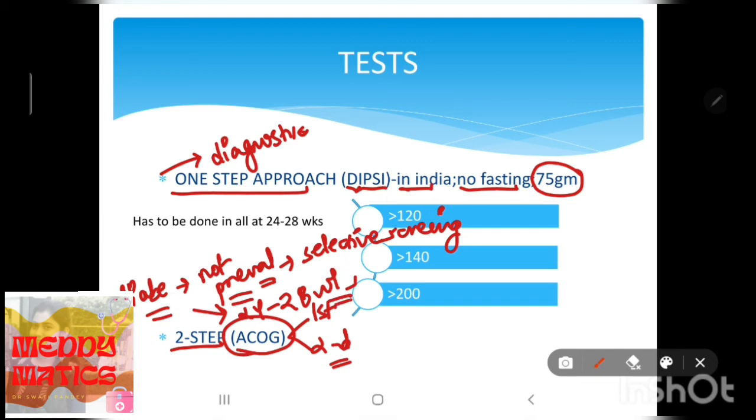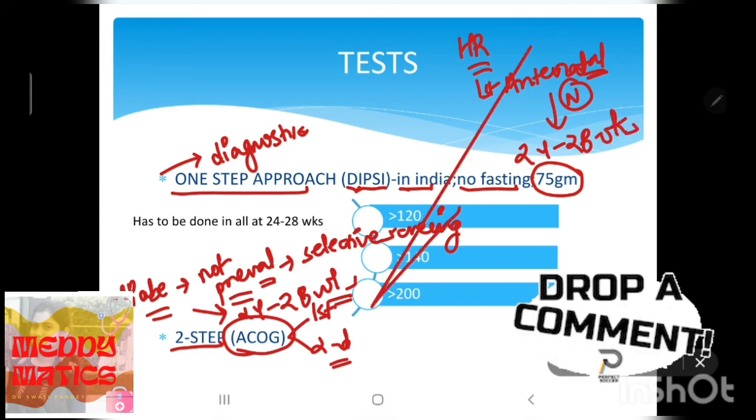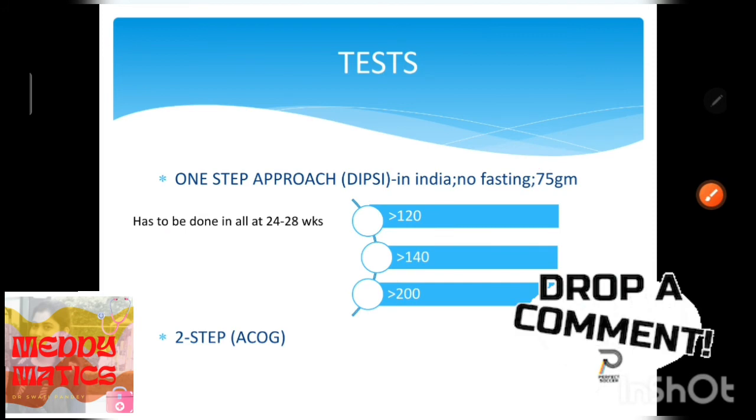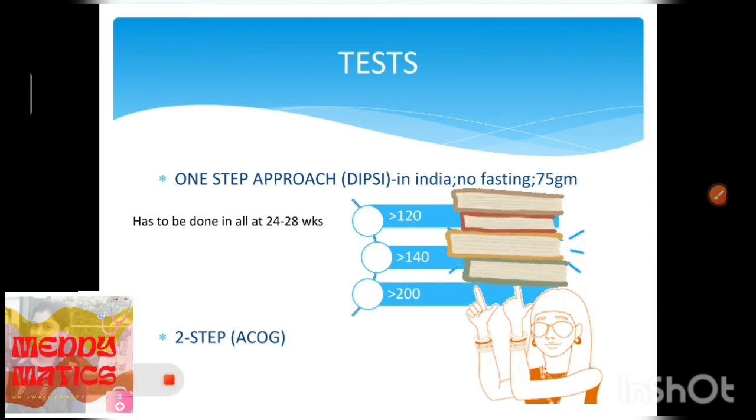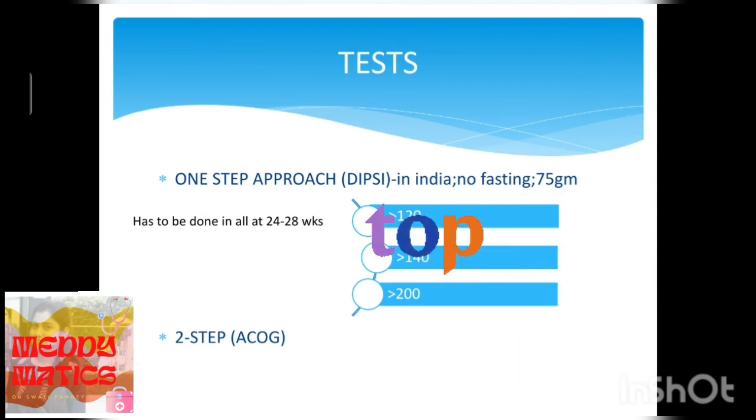In the females who are at higher risk, the test should be performed at the first antenatal visit. If it is normal, it should be repeated again at 24 to 28 weeks. So the females who are at higher risk are